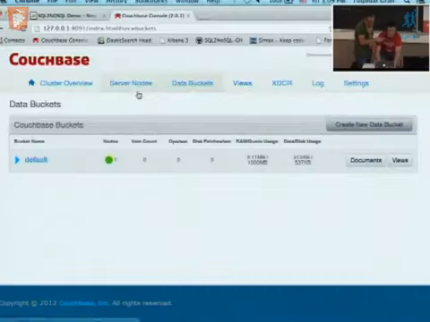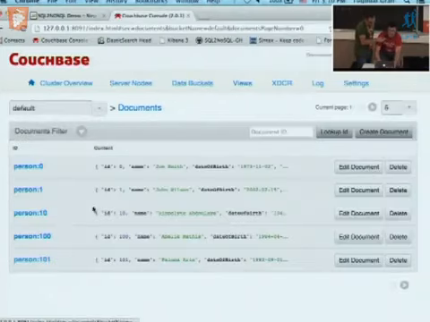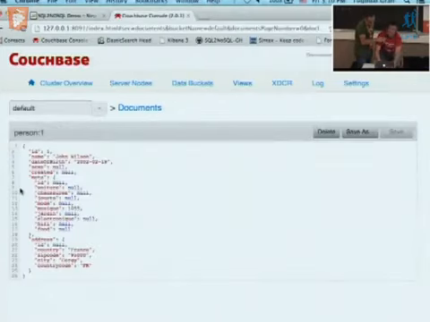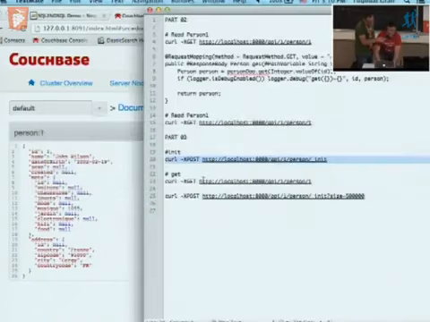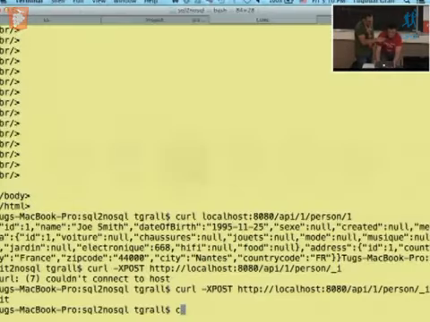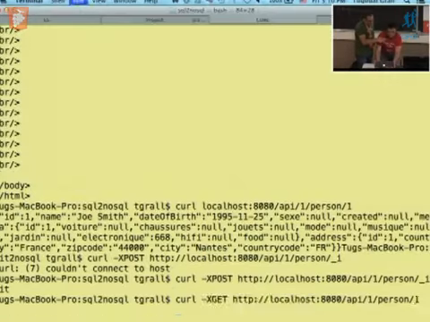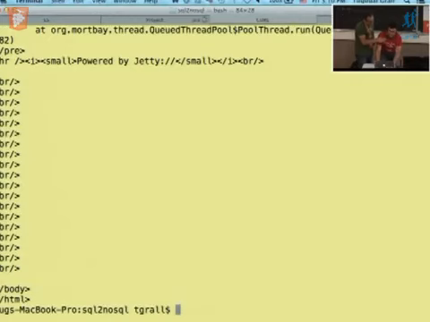So if I go now inside Couchbase, I should see some documents. So we have 1,000 documents as JSON. So unstructured data from the database point of view, structured data from your application. And the same way, I can get the value. But you didn't define any schema. I didn't define any schema.